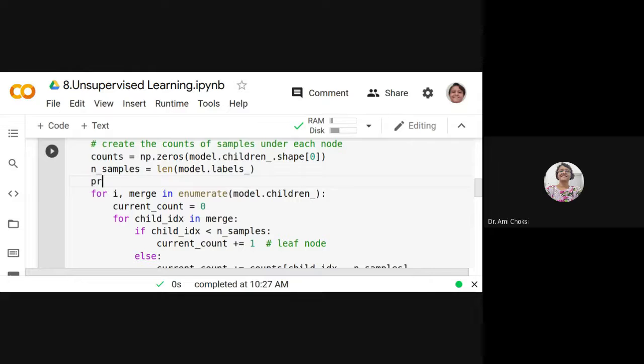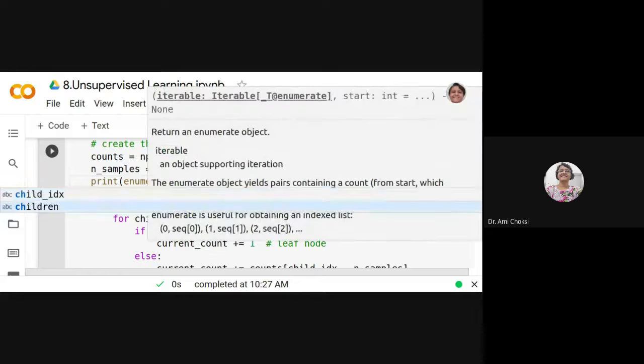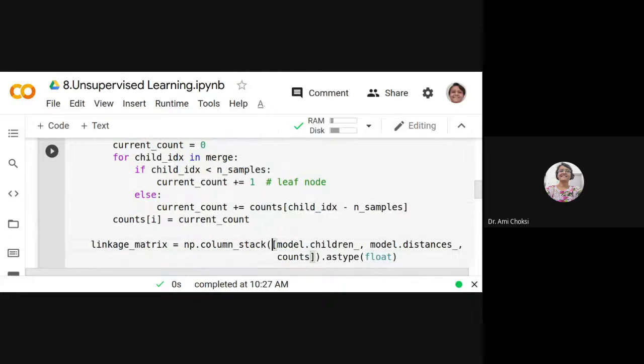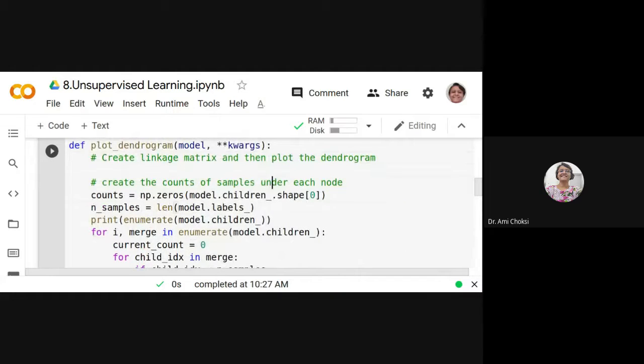You can do that: print enumerate model.children_. You can print this so you have the idea what it contains. Whatever enumeration we get, we have it in two parts, one is i and second is merge. Before understanding that, we can check it out and see what it gives us for enumerate.